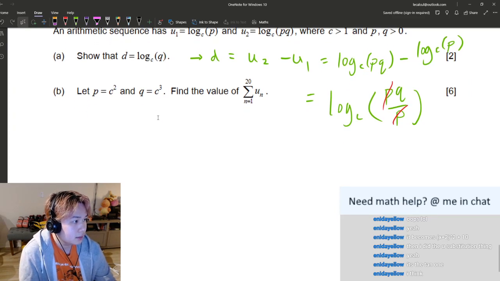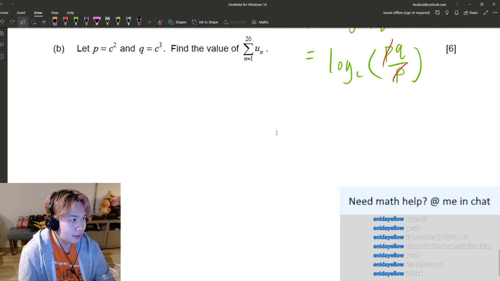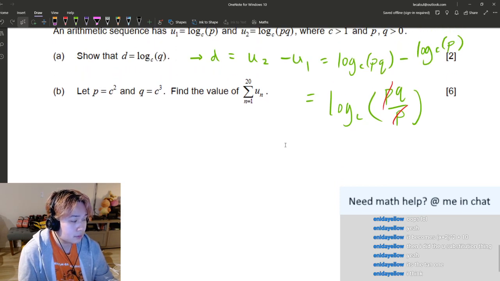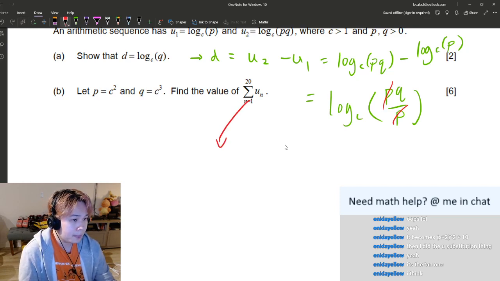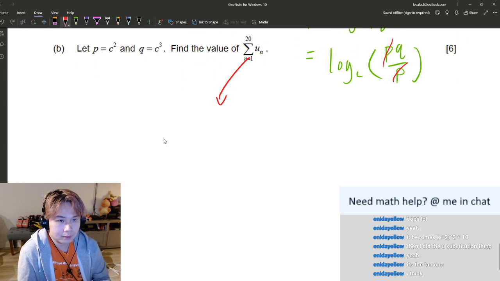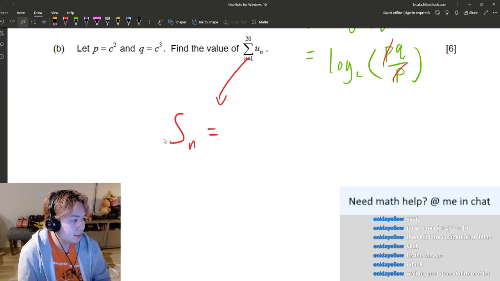Okay, moving on. P is c squared and q is c3. Then you need to find this value. So the sum from the first term all the way to the 20th term. So we do have some formulas for that. The sum of 20 terms is